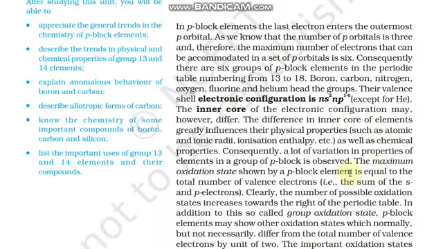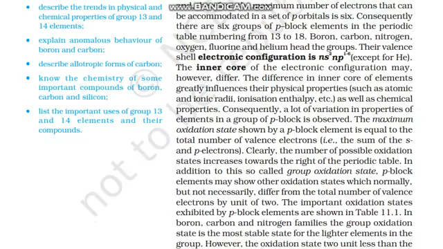Next comes the concept of inner core electrons, because there is some difference in the inner core electrons of all these elements. Suppose there are many shells. In the central shells there is some electron density, and in the outer there is a different one, and this creates a difference. Due to that, it greatly influences the physical properties as well as the chemical properties. Consequently, we will be seeing this in the whole chapter.